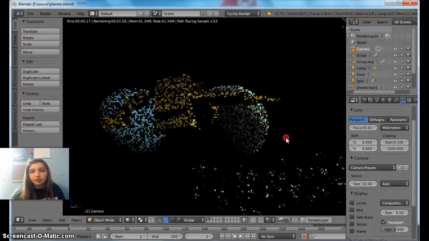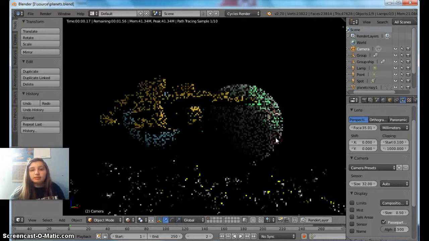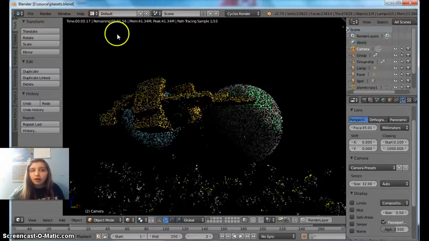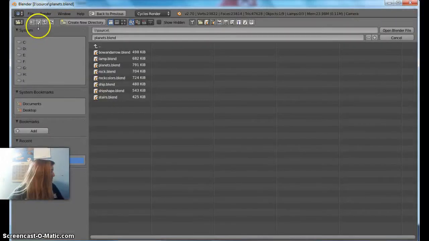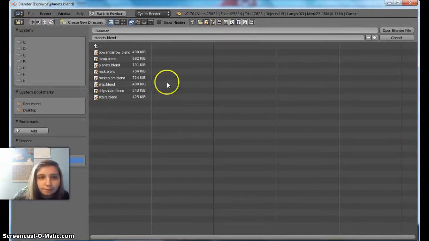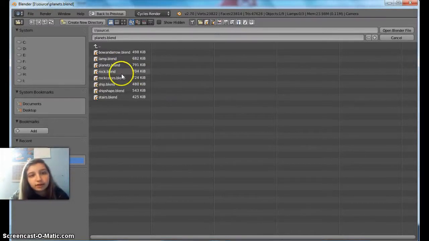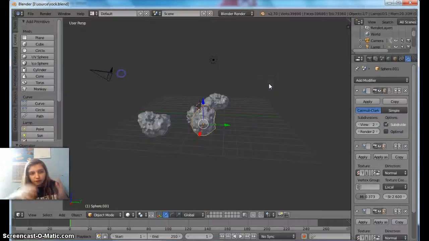And this took us about 5 days to make the planets, the asteroid, and the spaceship. The spaceship took about 2 days. Almost 2 days, because I worked on it a little bit more the next day, and I had some details. So I'm going to show you the asteroids, the very first file for the asteroids. You put it in rendered,